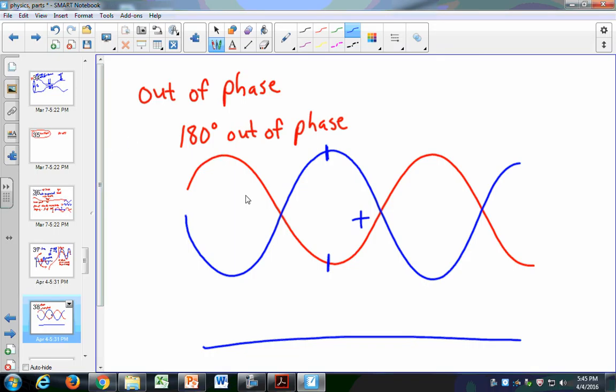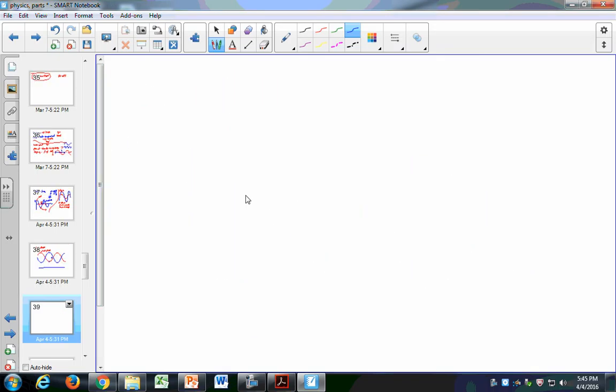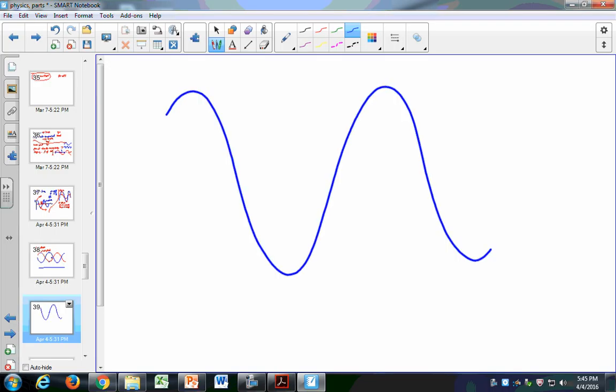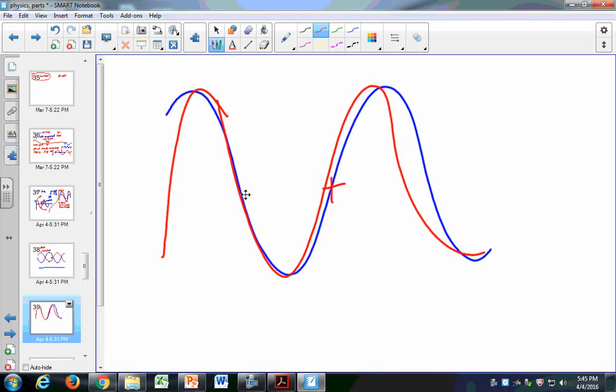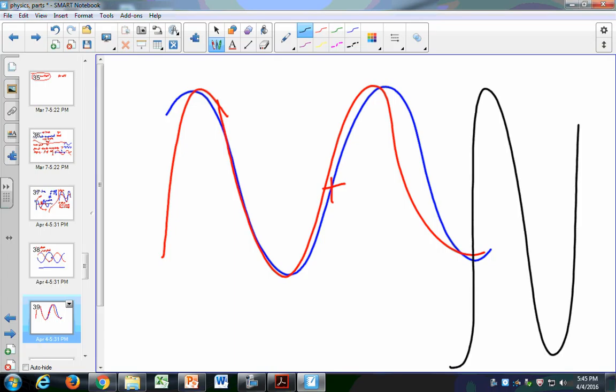And what's happening there is when you add up two in-phase waves, remember in-phase waves look like this. When I add up two waves like this, I get a resulting wave that has a much bigger amplitude. So if I add two waves together that are in phase, when their peaks line up with their peaks and their troughs with their troughs, then it causes a larger amplitude.